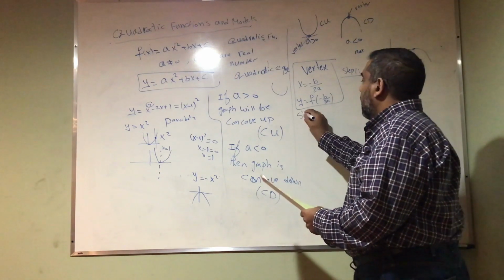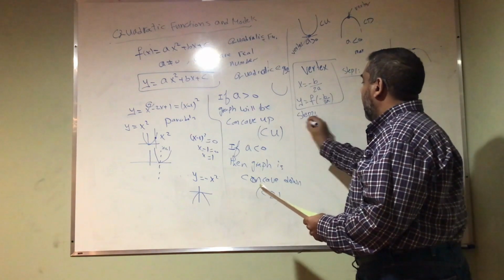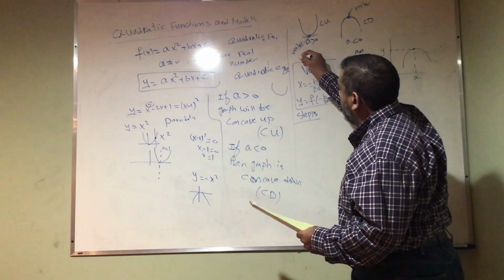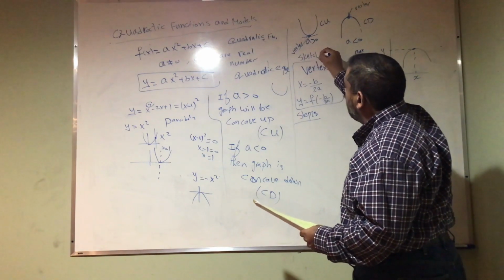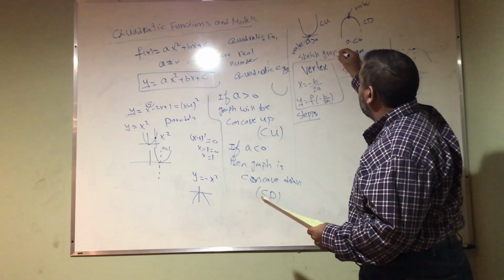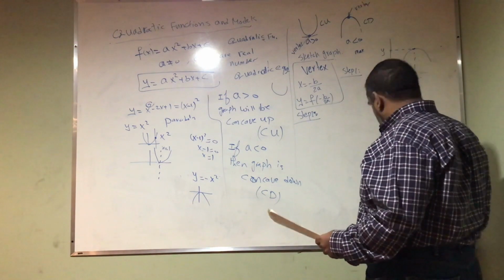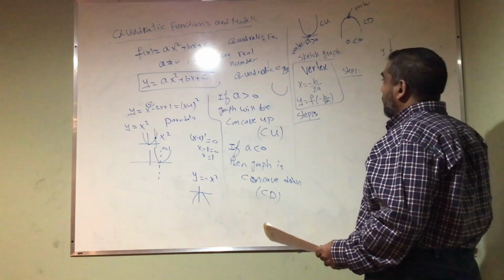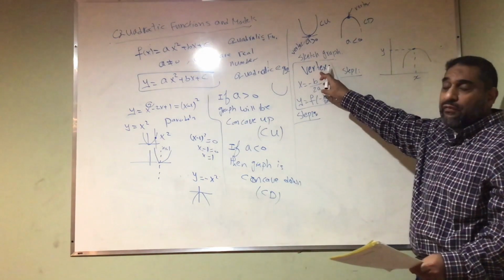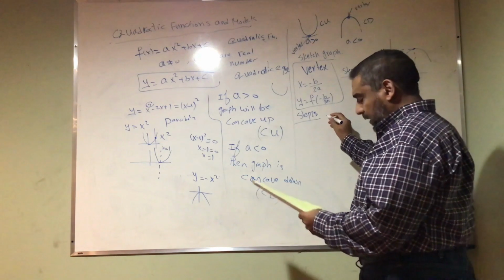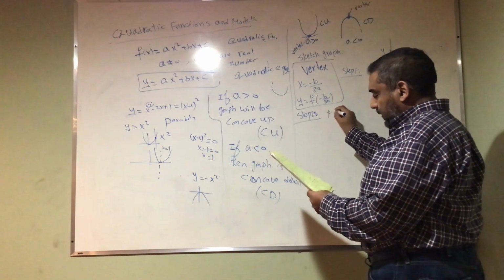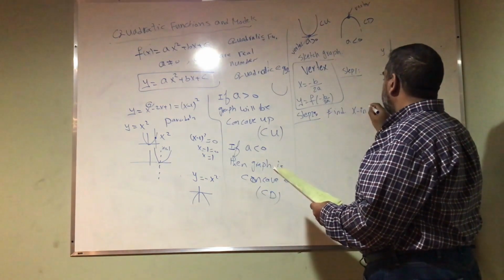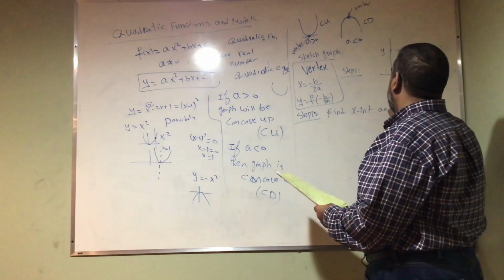To sketch the graph of a quadratic function, I have a few steps. Step number 1, I have to go ahead and find the vertex. Step number 2, I have to go ahead and find the x-intercept and your y-intercept